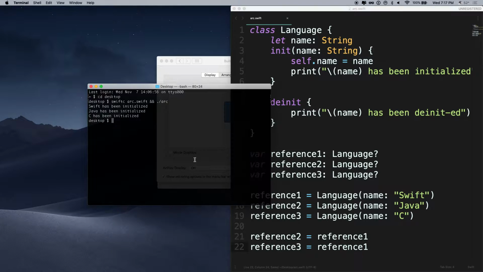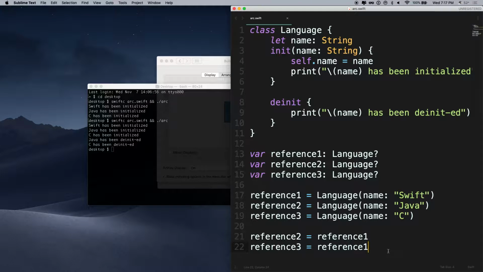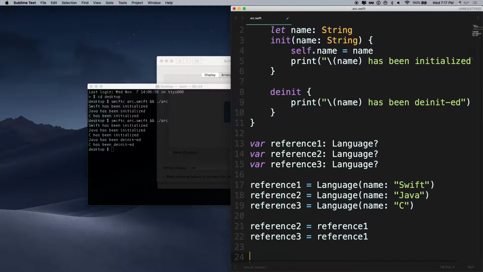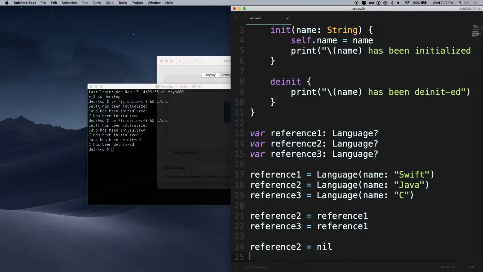And what you should see now is Java and C being deinitialized. Which is, again, pretty standard. You see that ARC has noticed that these things don't have references to them anymore, so it just gets rid of them. And now if I set 2 and 3 to nil, you probably already guessed, but